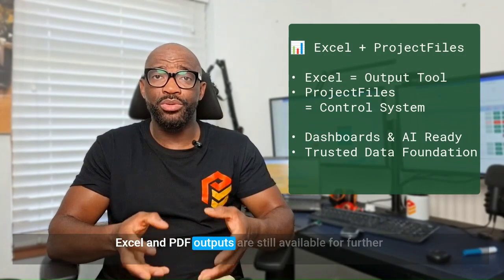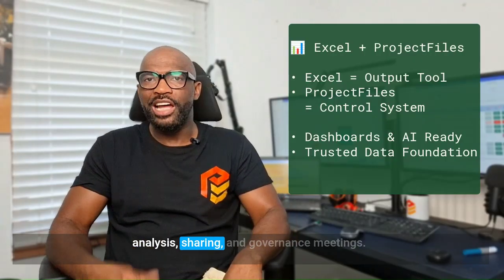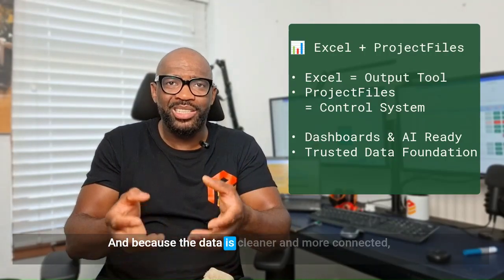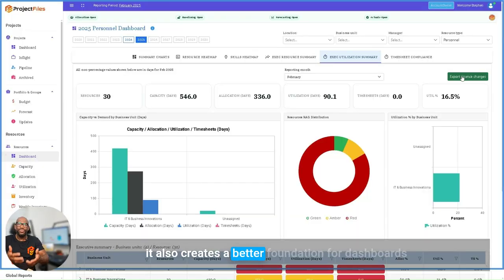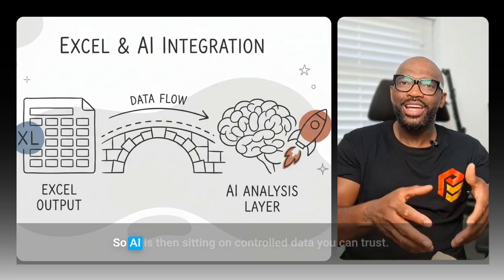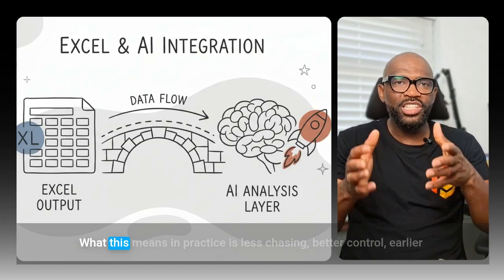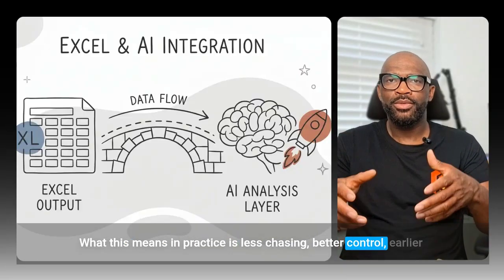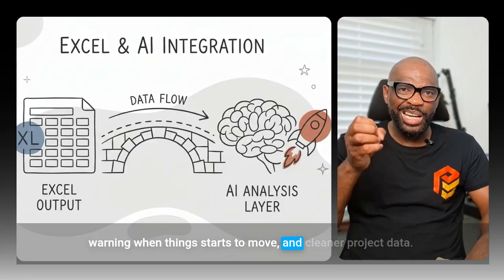Excel and PDF outputs are still available for further analysis, sharing, and governance meetings. And because the data is cleaner and more connected, it also creates a better foundation for dashboards and AI. So AI is then sitting on controlled data you can trust. What this means in practice is less chasing, better control, a warning when things start to move, and cleaner project